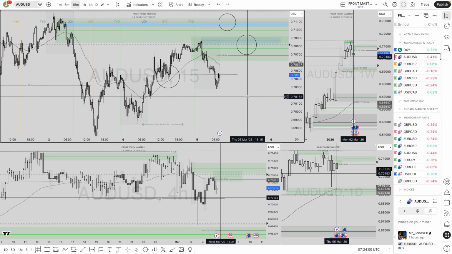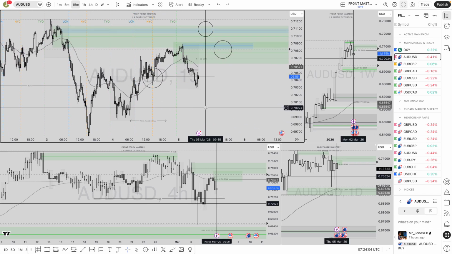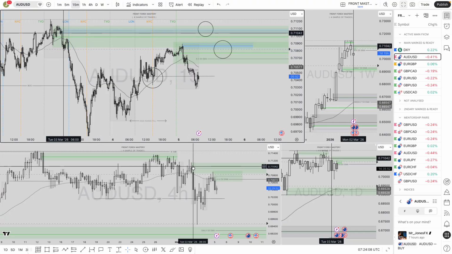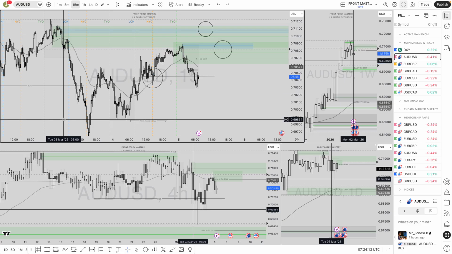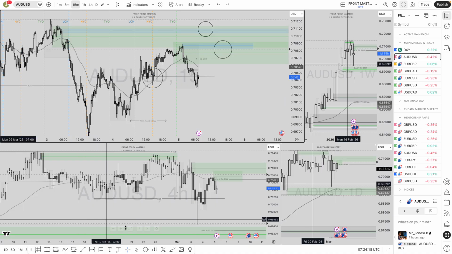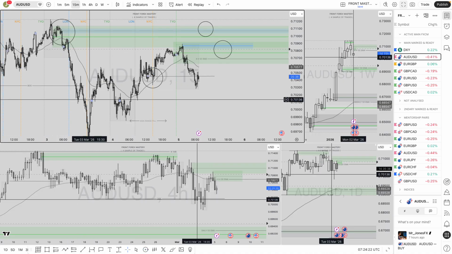Now at the top, more of a longer term or more of an obvious order block would be simply within that 4-hour order block. That is what's caused that break of structure. Refine that area down, and we can quite clearly see from within that order block that we're using now, we are again shorting from the highs. So we're in good positions. If I put a circle around that so you can see where I'm looking.